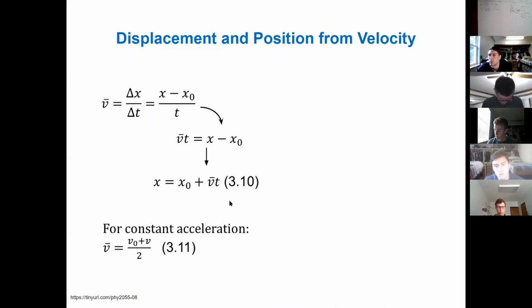So I want you to pay attention to this term, v with the bar. A common mistake to make here is to take this as the final velocity. Sometimes people think this is the final velocity and plug in the number for final velocity here, then you'll get a wrong answer for